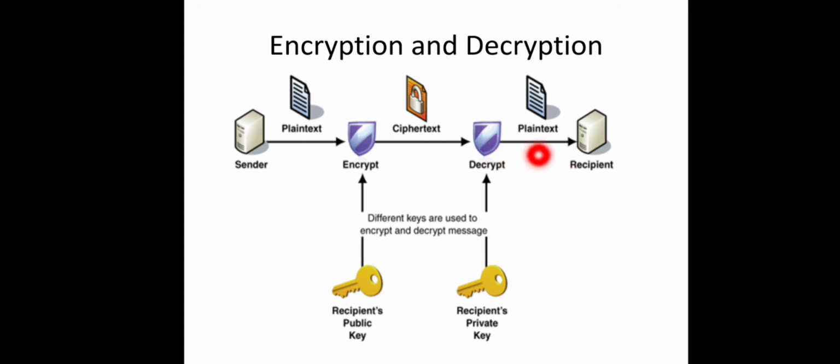Okay, so at the receiver side, the presentation layer will decrypt, that is convert the ciphertext into plain text using the recipient's private key. So the information passed over the network will be the ciphertext alone, the converted form alone. So even if the intruder is able to access it, he will not be able to interpret it. That is encryption and decryption.